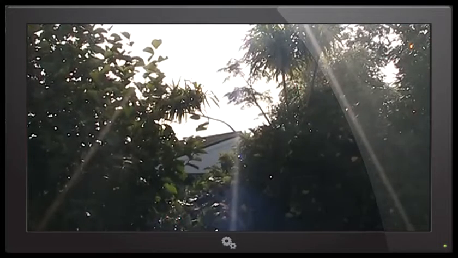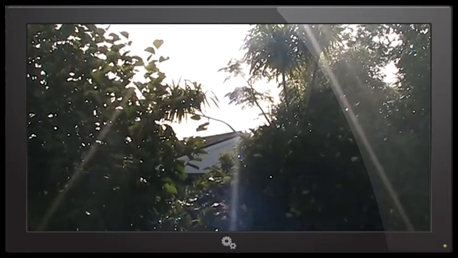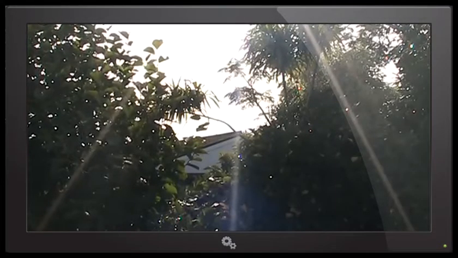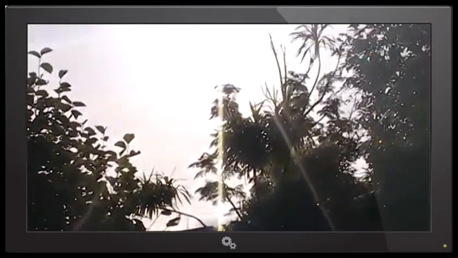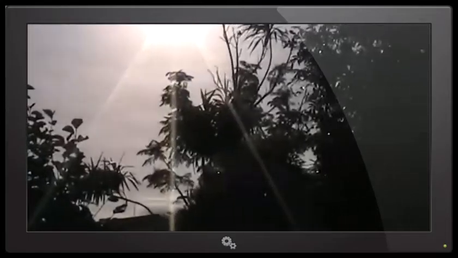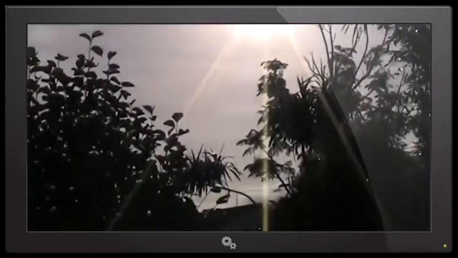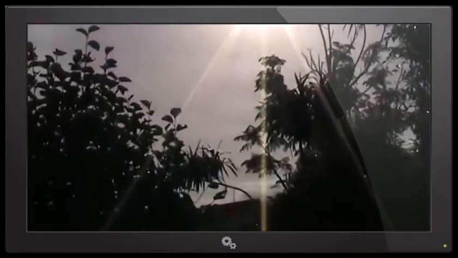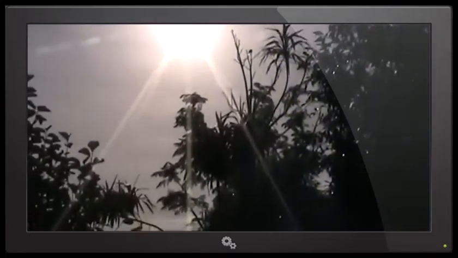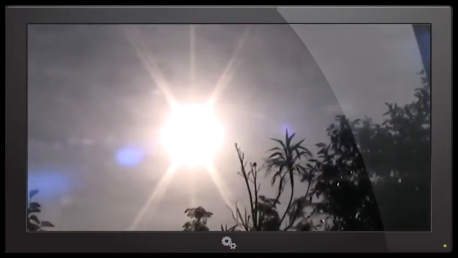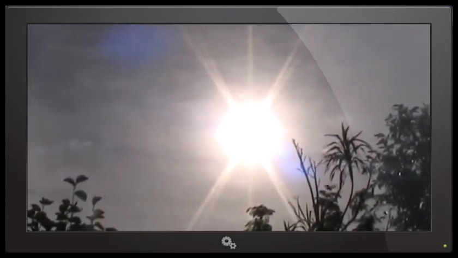Today is Monday the 23rd of February 2015. It is 9:23 AM New Zealand Daylight Saving Time, and we've got a little bit of very light cloud at the moment. So I'm filming through a Canon Legria FS200 standard video camera, and as you can see I'm moving around to see if there's anything next to the sun that remains there, and I can't see anything there. You can see a lot of glare from the sun. We've got some lens flares that are moving around as to be expected, and now I'm going to drop in the welder's lens in front of the camera and let the camera adjust itself with the auto exposure. Now as you can see, with the lens fitted in place, we can still see